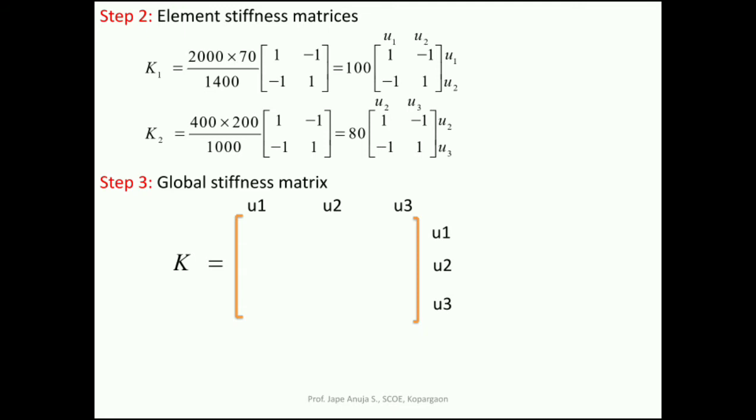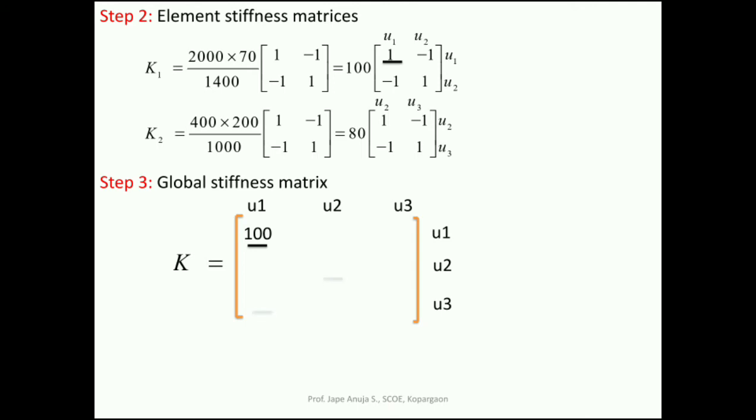Now the very first element that we have to determine is the element in u1 column and u1 row. That element you have to assemble from the above two matrices, K1 and K2. So find such a combination, the element in u1 row and u1 column. Okay. So here the u1 element calculated from K1 can be found as 100 into 1. So that 100 is here.